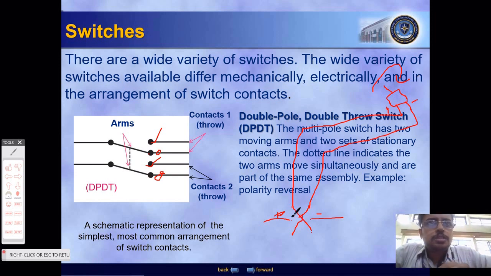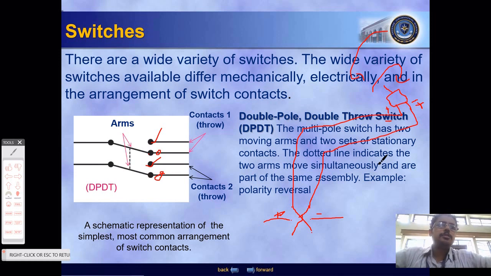Now double throw. This was one throw position, and this is the other throw position. Suppose we throw the switch to this side. What will happen? Then plus will be connected to this particular part, and this plus will travel via this, and now this terminal will be positive, and vice versa, negative will be provided at this terminal. What will happen? The sense of rotation will be changed. It was rotating clockwise, now it will be rotating anti-clockwise. This is one of the uses of the DPDT switch.